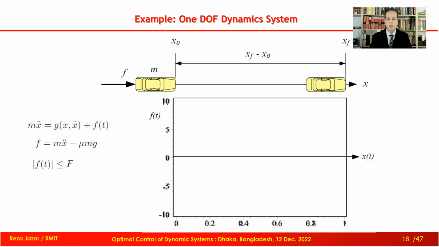The equation may have friction. Look at the second equation on the left, which says F is equal to m x double dot minus mu m g. Mu is the coefficient of friction. First, assume that there is no friction, meaning mu equals 0.